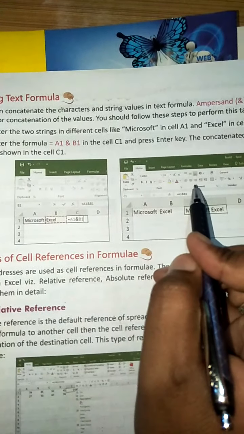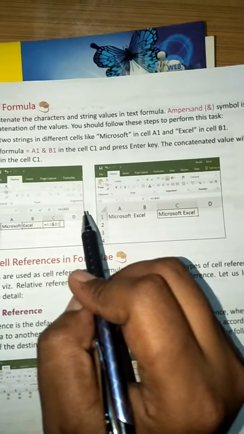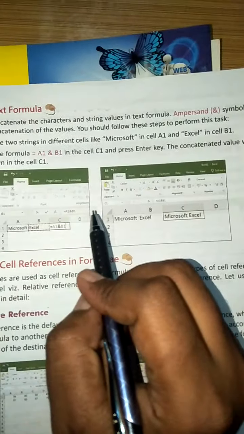Here A1, here B1. Then enter the formula A1 and B1 in the cell C1 and press enter key. The concatenated value will be shown in the cell C1. So we get the concatenated value of A1 and B1. Then we get C1.